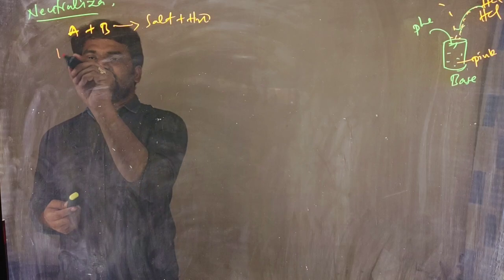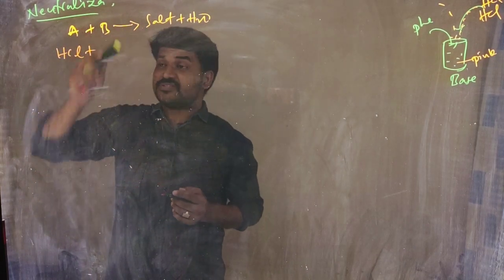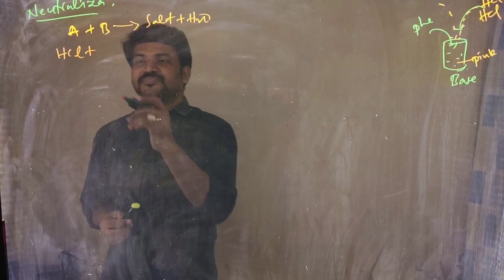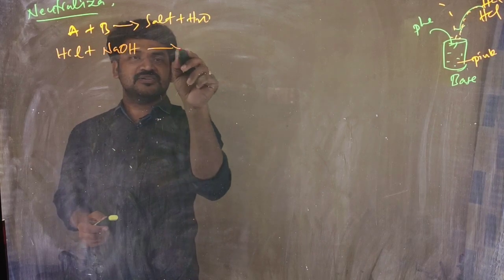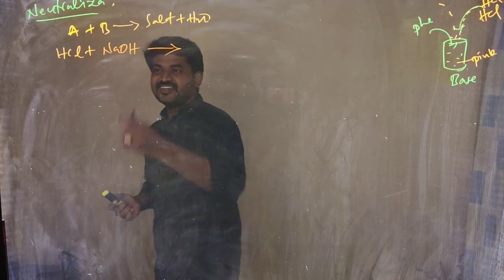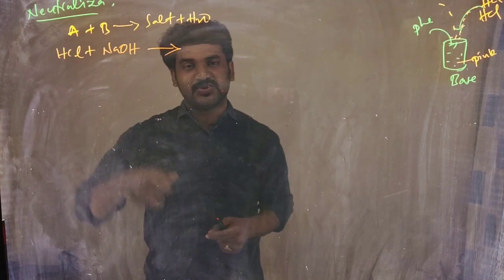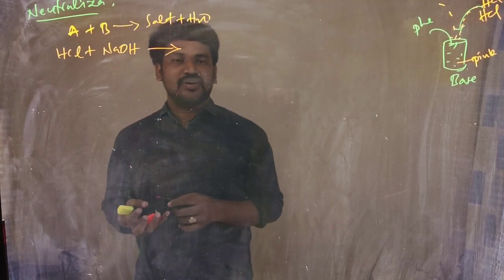So we'll take HCl, our favorite acid, right? So far we are discussing from 6th class HCl only. What is HCl? Hydrochloric acid, right? And we'll discuss a base, again my favorite and our favorite, sodium hydroxide, right? HCl and NaOH, hydrochloric acid and sodium hydroxide, acid and base. They produce what? Salt and water, right?